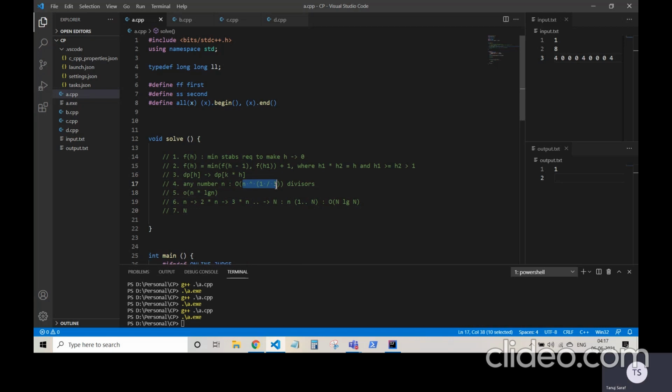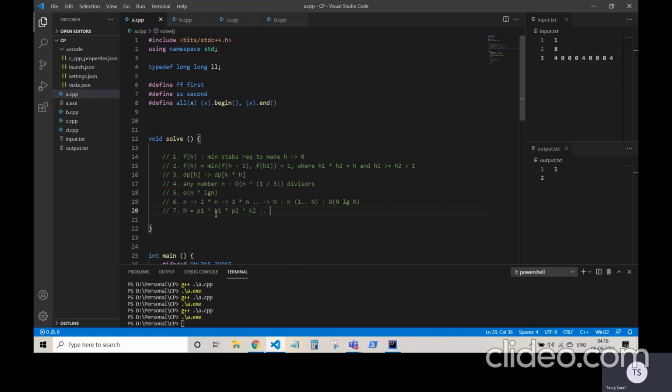That is true, right? But what I can also say is that I can go till n by 2. From n I can go till n by 2, and then from n by 2 I can go till n by 4. Basically, if I can write n as this in its prime factorization, that is p1 to the power of k1 into p2 to the power of k2 and so on and so forth, right? When would it have the maximum number of divisors?